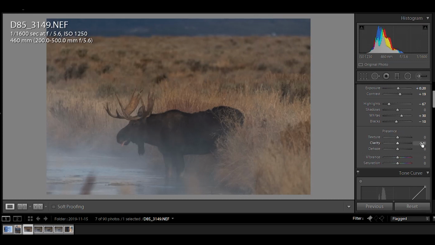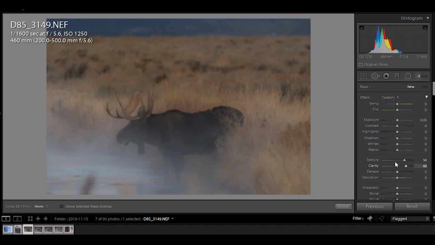Clarity, my trick, if you remember, I'll do -60. Give it a little softer look. Texture, I'm going to get a -50, and now we're going to do some masking. I'm gonna hit this already set at 50, 60, and now we're gonna draw the mask in here. I'm gonna show you a trick, a shortcut, in a second here,